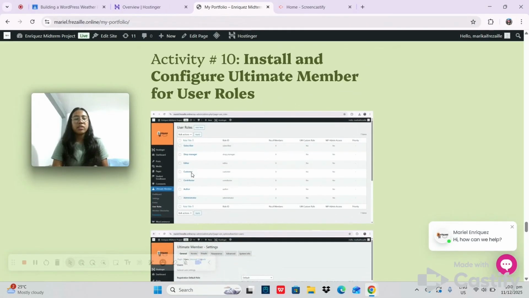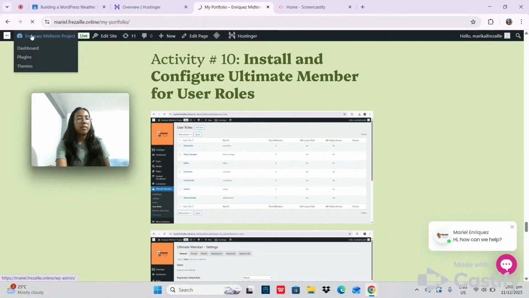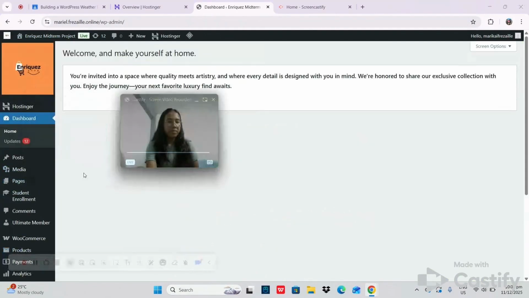So now let's move on to the Ultimate Member for User Roles plugin. This plugin is used for customization. For example, as an administrator, I want my user to see other features, not everything, but some features. So this is the part you can customize. I will show you the plugin of Ultimate Member. So this one.